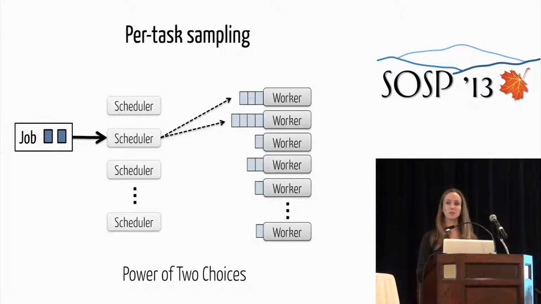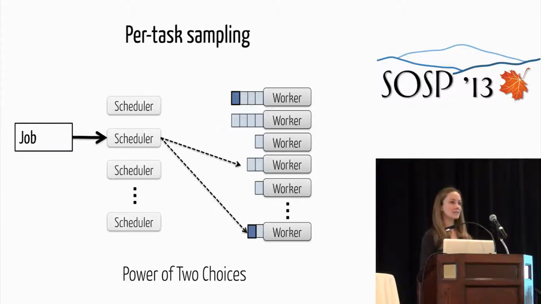Now, one approach that's been used in environments like load balancing web requests is this technique called the power of two choices. The idea of the power of two choices is that you can get a lot by having just a little bit of additional information. So when the scheduler is placing a task, instead of just randomly picking a worker machine, let's sample two worker machines. They'll both reply with what their load is currently like, and the scheduler places the task on the worker machine with the shorter queue. To directly apply this technique to parallel jobs, we simply do the same scheduling for each of the tasks in the job, and we call this approach per-task sampling. And as I mentioned, this is something that's used in a variety of different environments today.